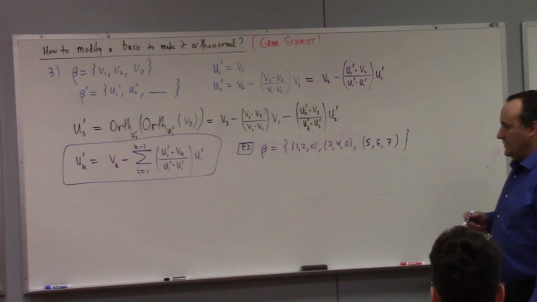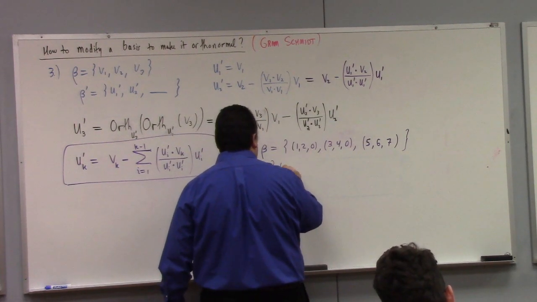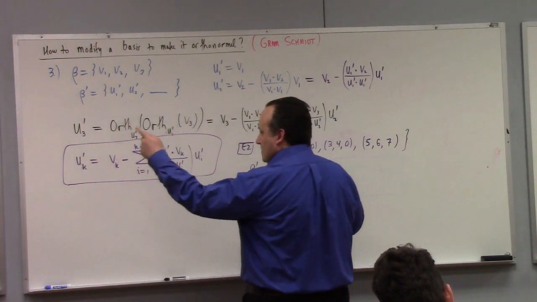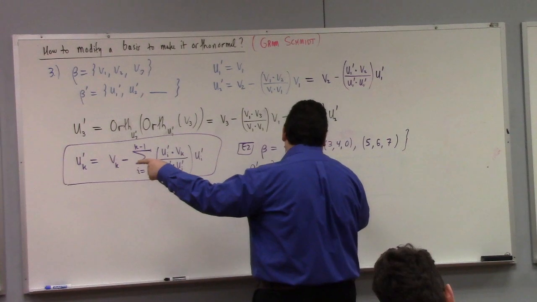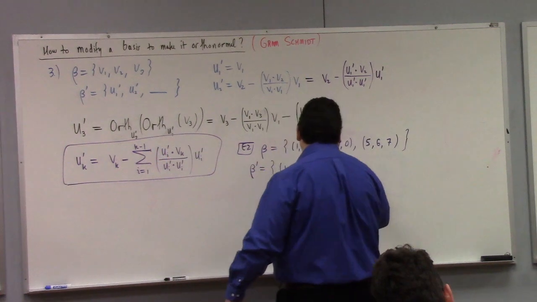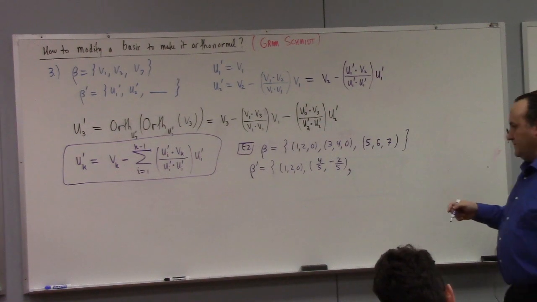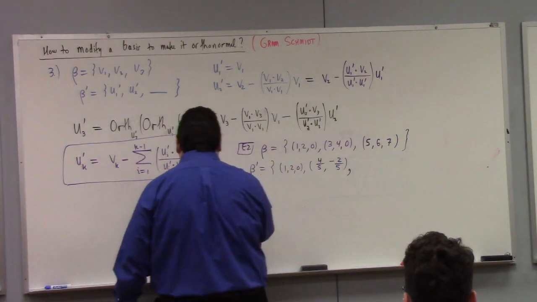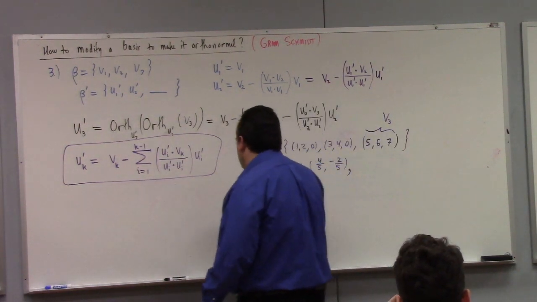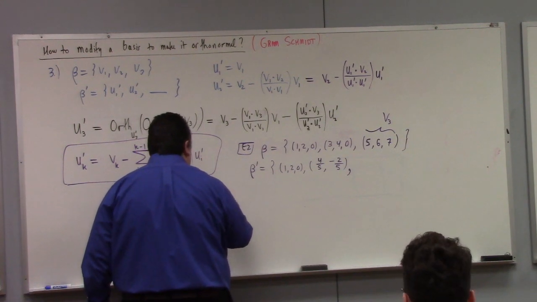So let's orthonormalize it. I'm suggesting that beta prime, we're going to do just what we did before. 1, 2, 0, and then apparently 4/5, minus 2/5, 0. And then the question is, what do we do over here? All right, so there we're going to use the thing we just worked out. Let's do it. So my v3 is 5, 6, 7. And so u3 prime is v3 minus